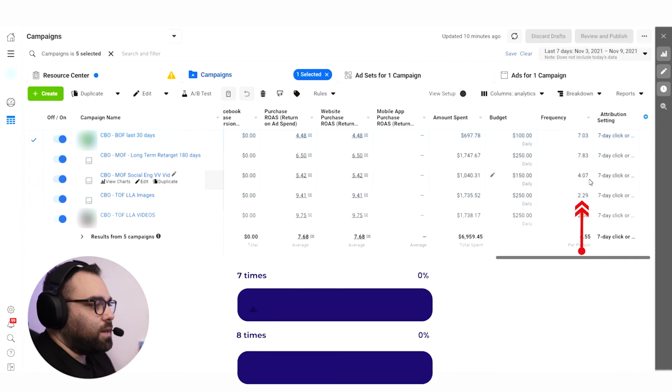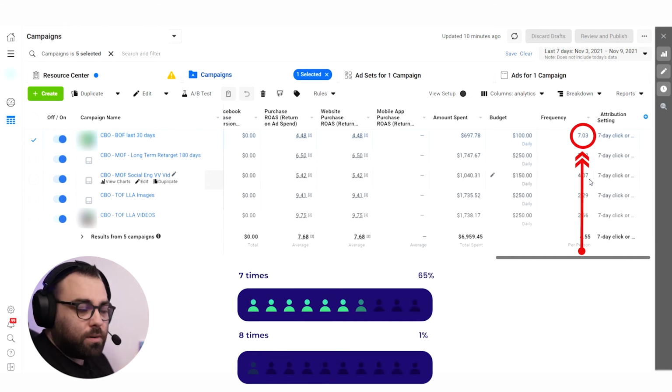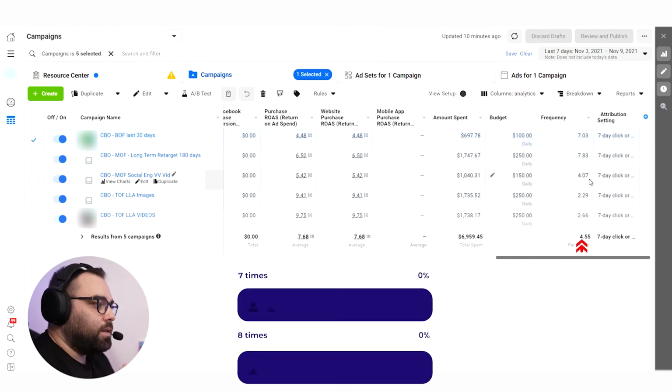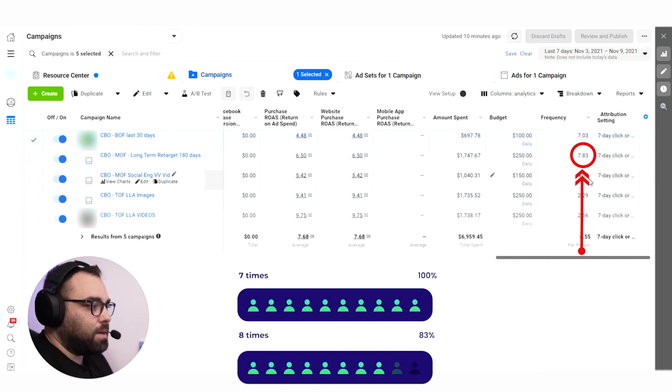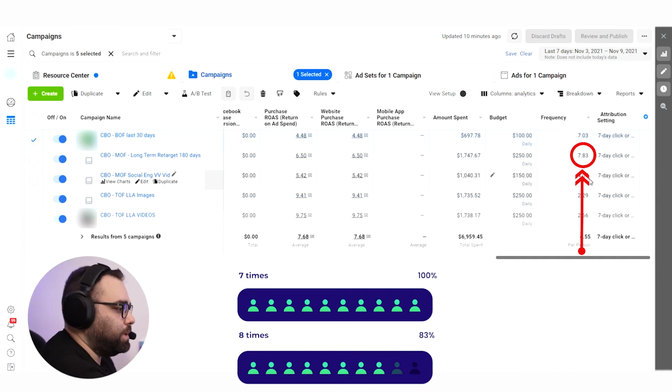If we have 7, we have to say that 100% of the people have seen our ads 7 times in the last 7 days, and 0.3% of the people have seen it 8 times. So the 7.83 means that 100% of the people have seen it 7 times, and 83% of the people have seen it 8 times. Okay, I hope it makes sense.